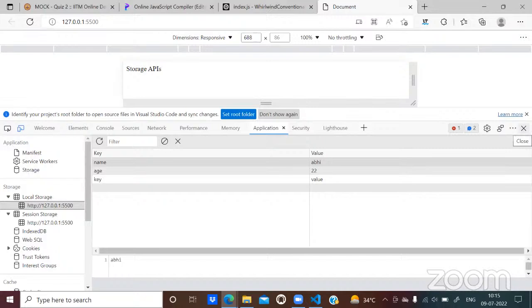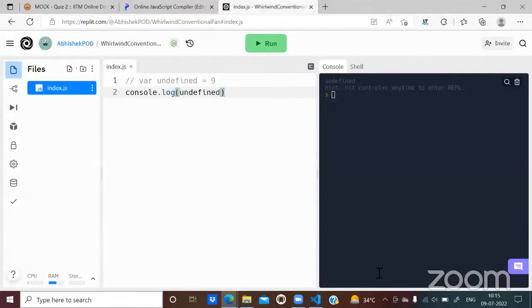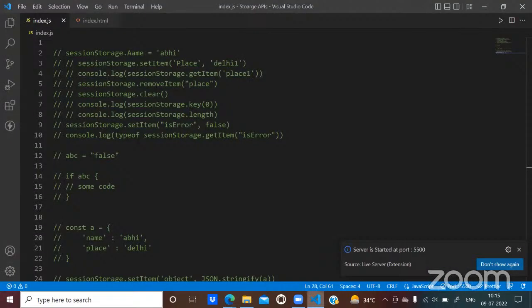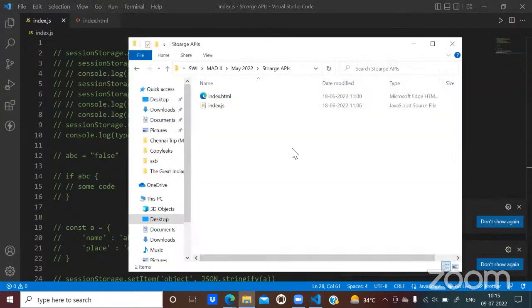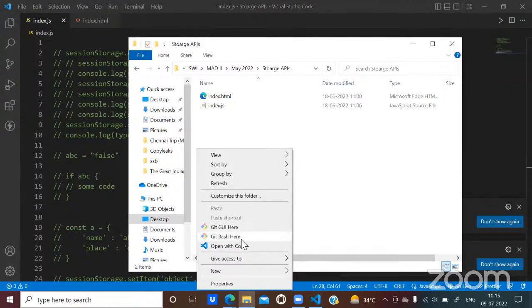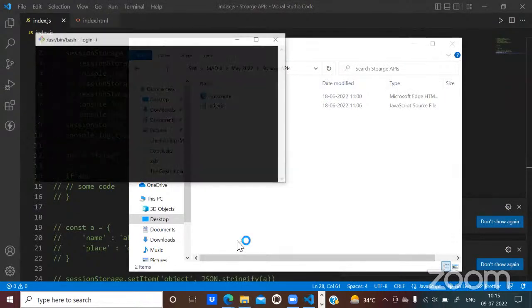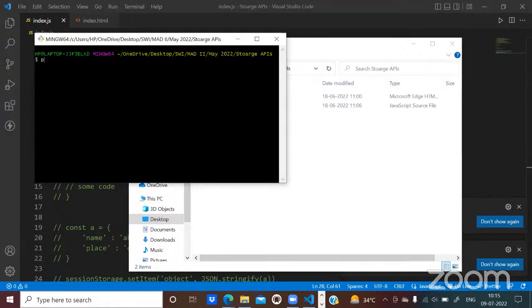Okay. I'll just close this. I'm not deleting anything. I'm even closing this server. Now what I'm going to do is access the same domain, same protocol, but I'm just going to change the port number. So I'll just open a Python HTTP server.